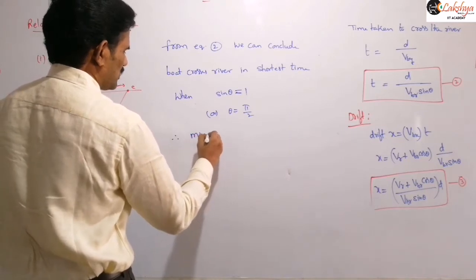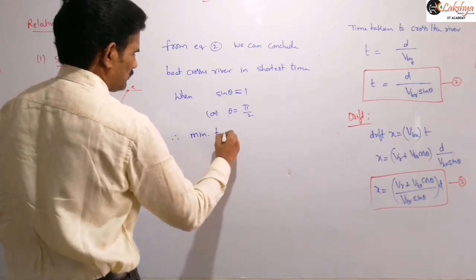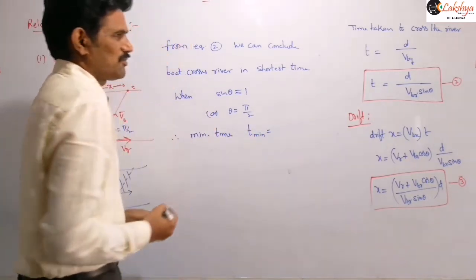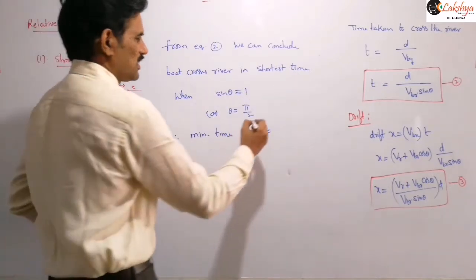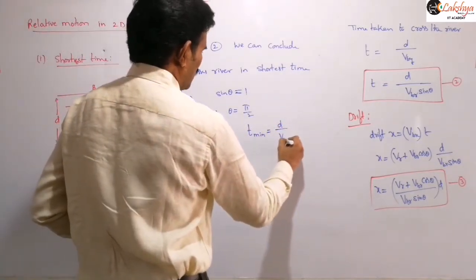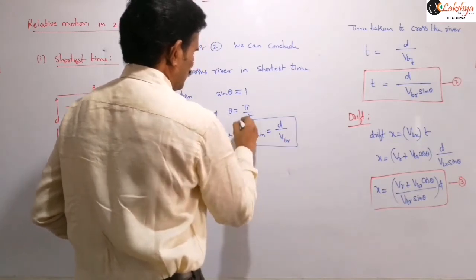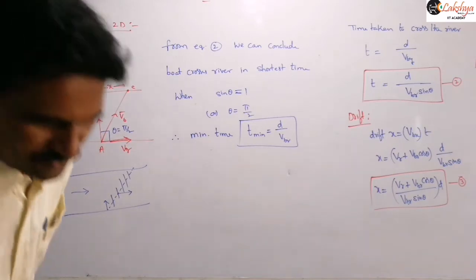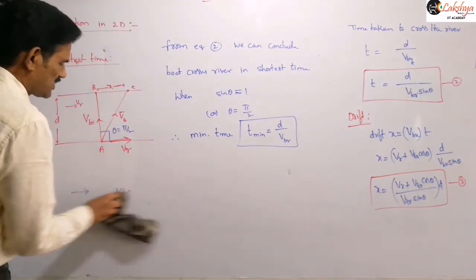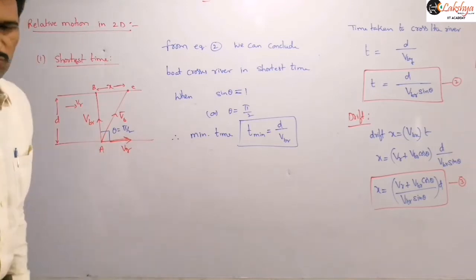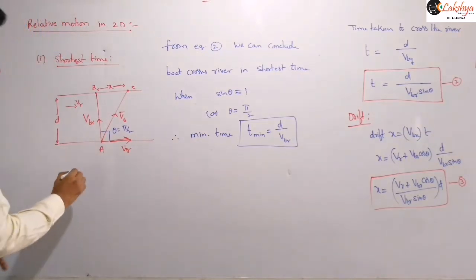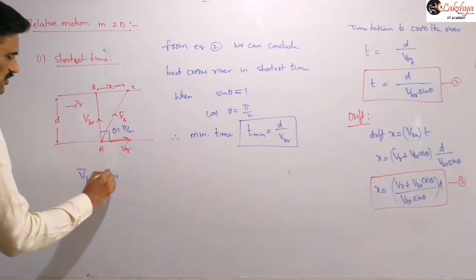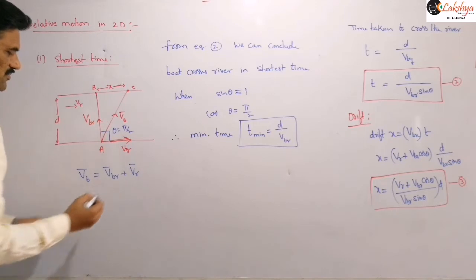And therefore now this minimum time, we can write this as T minimum is equal to, now what is the minimum time required here? From this expression itself we can write this as D by VBR, right? Now in this case, you can directly write the velocity of boat with respect to the ground. Velocity of boat with respect to the ground is velocity of boat with respect to the river plus velocity of the river. This is our relative velocity concept.